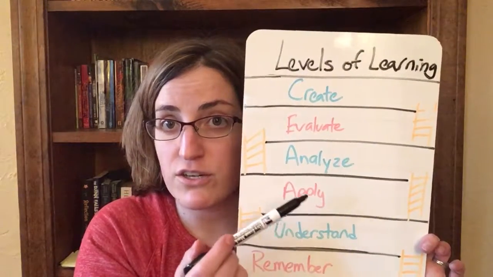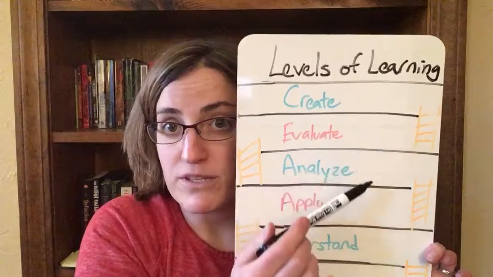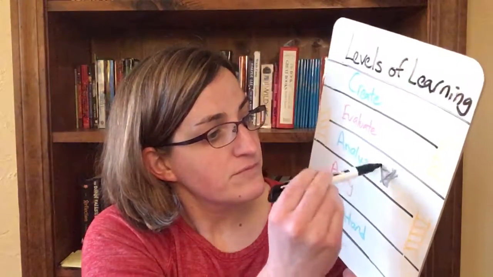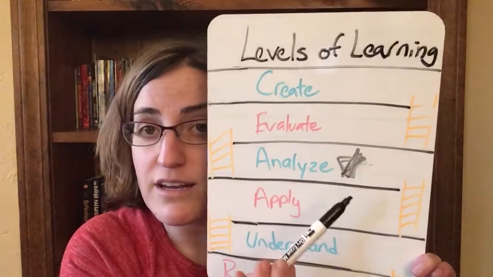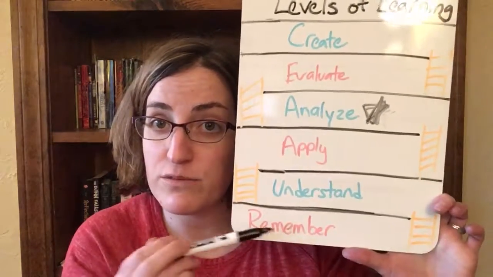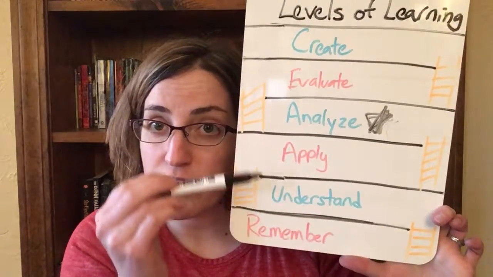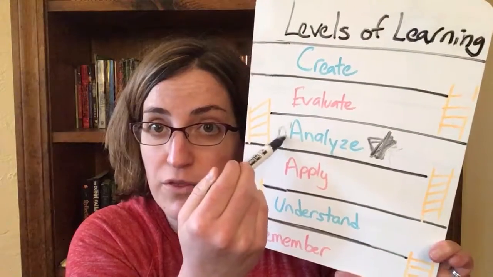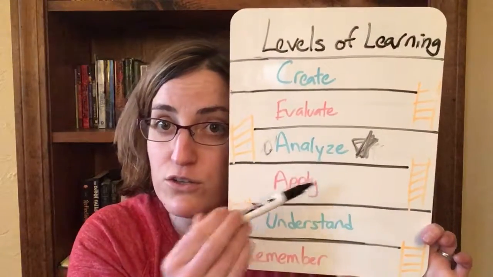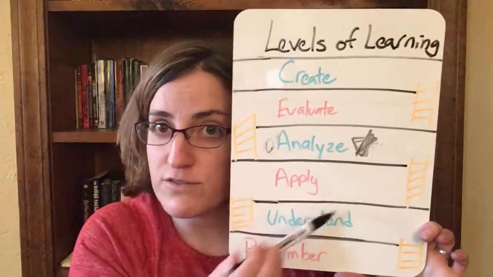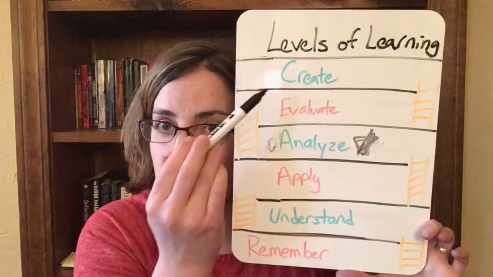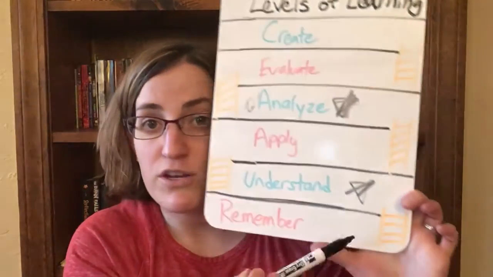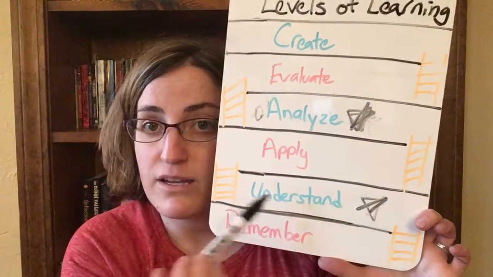So say a teacher sort of throws a level down and it lands here into analyze. So in order to get to analyze and to do really well on this test, you need to move through remember, understand, apply, and analyze. So you really need to go through the whole thing. And then once you do that, you have a much better chance of doing well on the test. If it's evaluate, then you need to go up. Say a test is just understand. Then what you need to do is move through remember and understand.